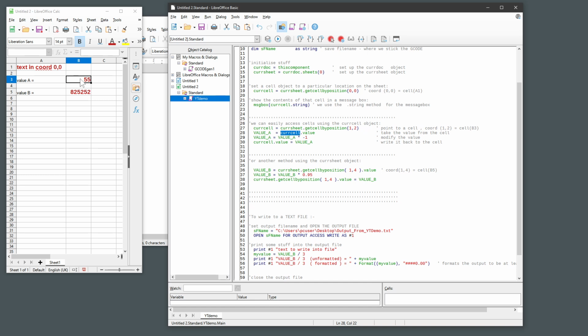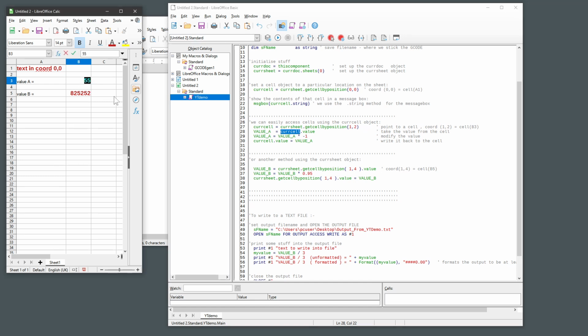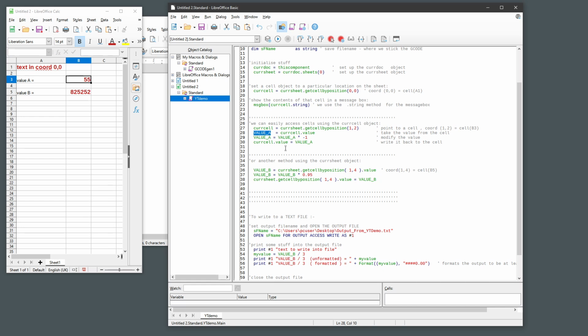So that takes that number and stuffs it into the variable value A. And then here we take that value multiplied by -1, and then here you see the same thing as we had up here. That takes the object current cell and gets its value and assigns that variable back to it. So here we've taken the value out of the cell, changed its value by multiplying it by -1, and then we write it back. And if I run that macro again,